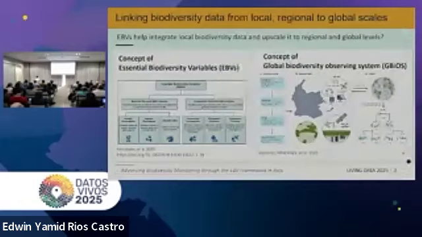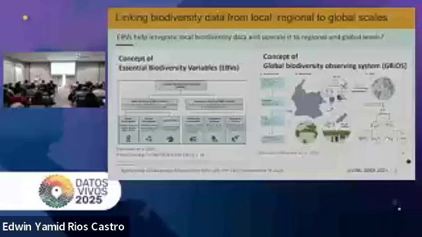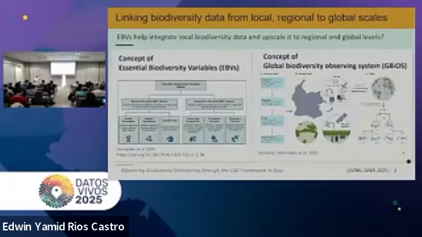In the context of the global conservation goals, social demands for open and standardized biodiversity data are increasing. However, biodiversity data are often collected and stored locally, and most primary data are described in diverse or non-standardized formats. In our case, the data is usually described in our local languages.